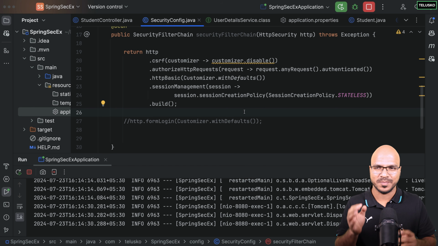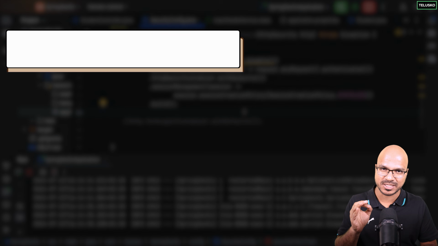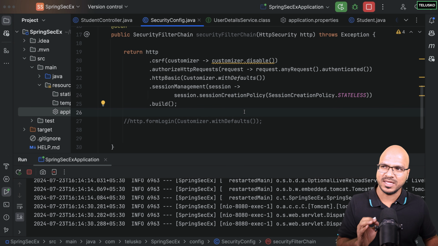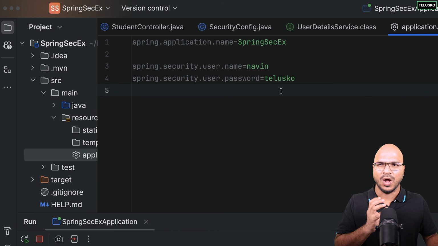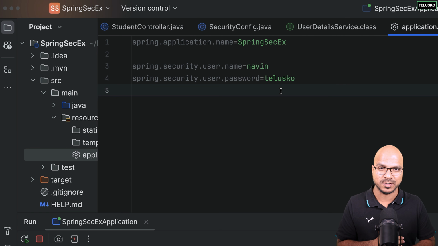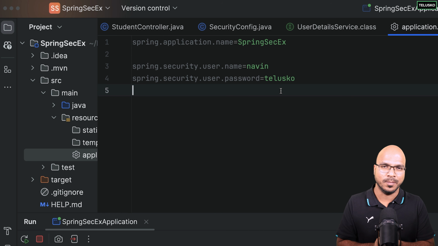Things are working out. Basically, we were able to secure the application with the help of Spring Security, and then we were able to log in as well. But the only thing is, we are able to log in with the help of this username and password. What I want to achieve is, I want this data to be coming from database, because we can have multiple username and password. And even if Spring Security says, hey, let me give you an option of having more users